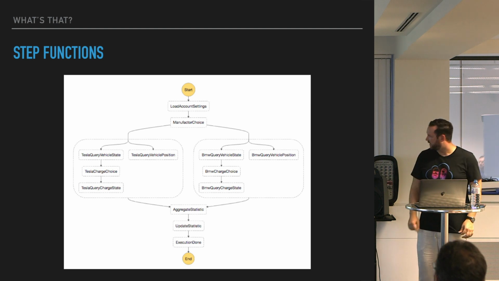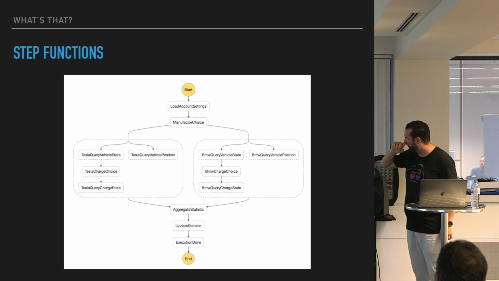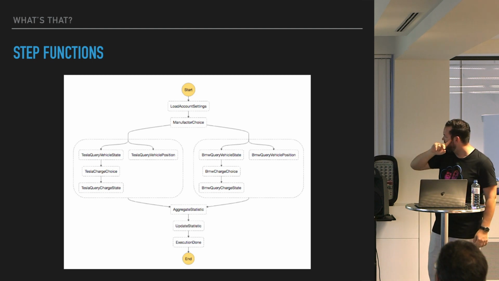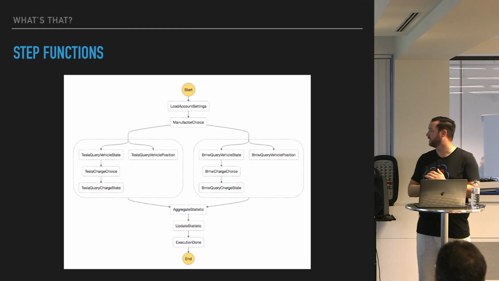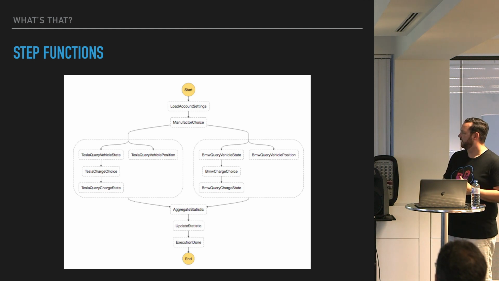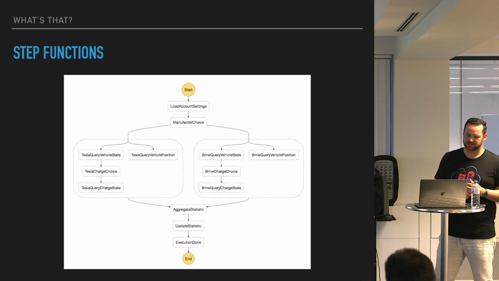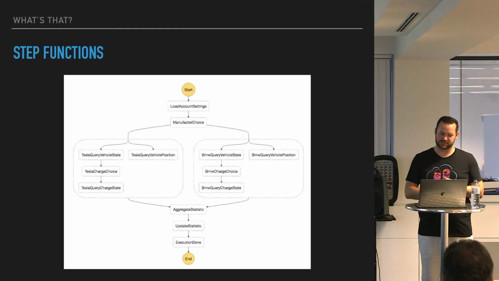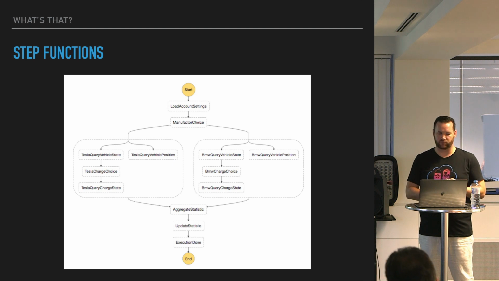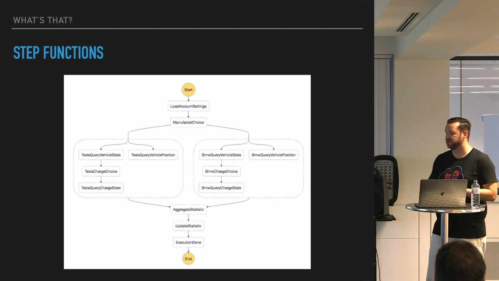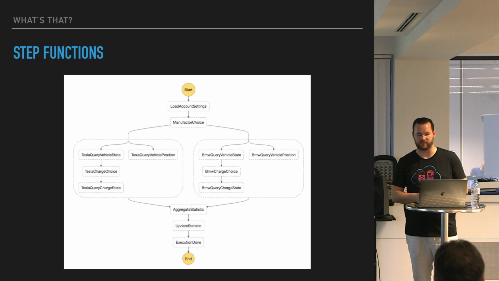Every one of these small bubbles is actually a Lambda function, and they don't know anything about each other, so they are completely independent, deployed, and work completely independently. They are just invoked using special events and special contexts, and are orchestrated using Step Functions. So if you don't know Step Functions right now, just have a look. It's great. It's very cheap, and it gives you a lot of power using Lambda.